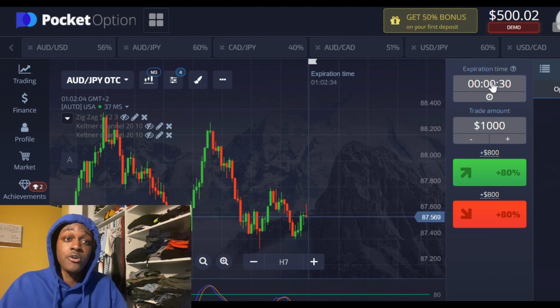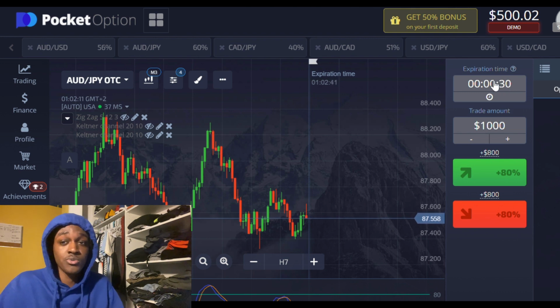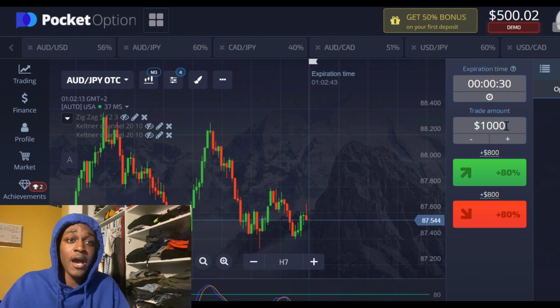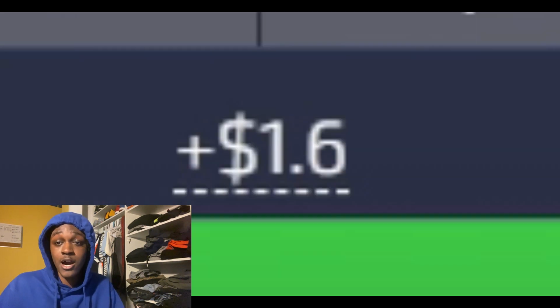Next, you got your trade amount. Your trade amount is however much you want to do. The lowest you can do is $1, and the most you can do is $1,000. Really depends on your broker, to be honest. Now, the good thing about however much you're putting in, it always shows you right here however much money you're